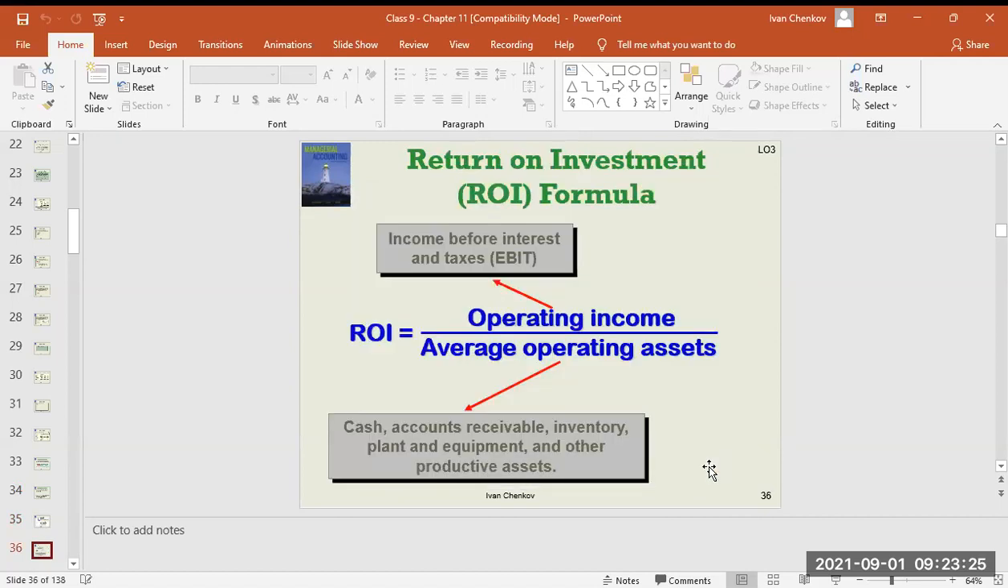How are we going to measure this? First will be return on investment. What's the return on investment? The return on investment is how much you're making from the money that you invested. Obviously, the money that you invested will be transferred to the operating assets, which will include cash, accounts receivable, inventory, plant, equipment, and any other productive asset, which will be your assets in the company. And the income will be measured before interest and before taxes. So the question is,